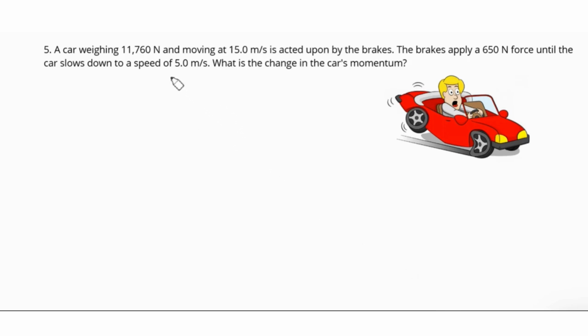Another example, a car weighing 11,760 newtons is moving at 15 meters per second, acted upon by brakes. Brakes apply a force of 650 newtons until the car slows down to a speed of 5 meters per second. What is the change in the car's momentum? Well, the change in momentum again is